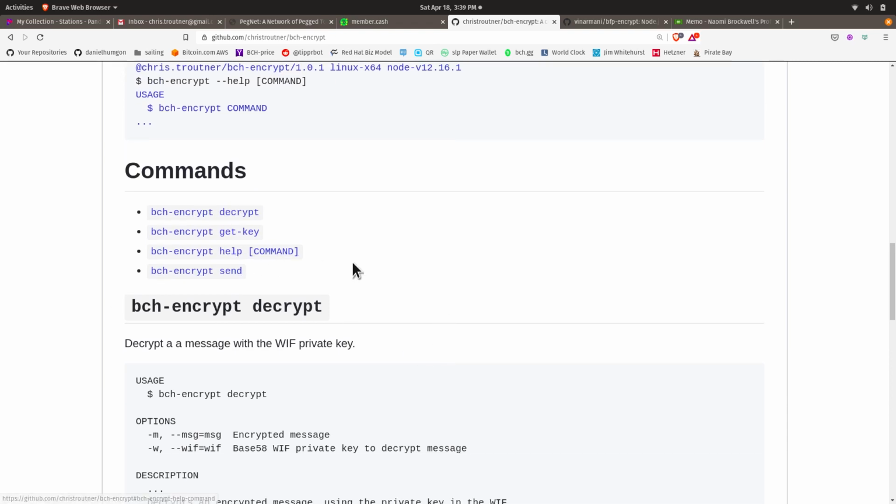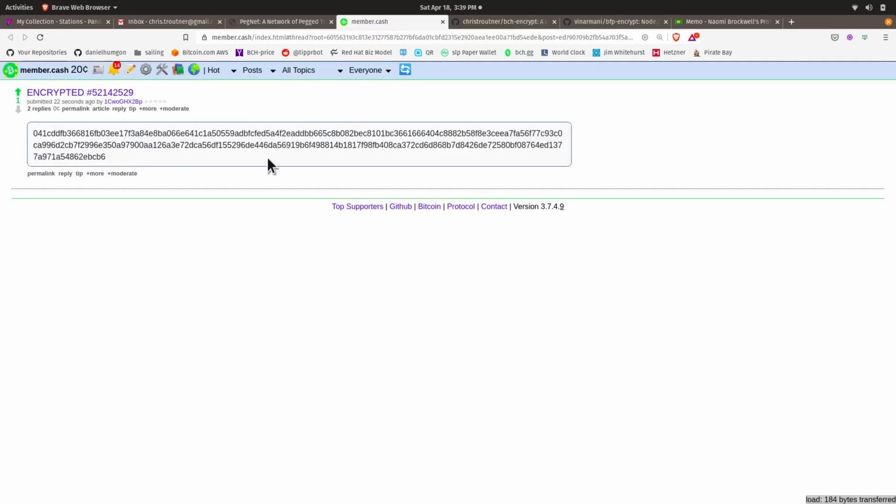And there's 3 commands. There's get key, which gets a person's public key from their Bitcoin Cash address. There's send, which encrypts a message and writes it in chunks to the Bitcoin Cash blockchain, which you can then view with member.cash, and this is what it looks like.